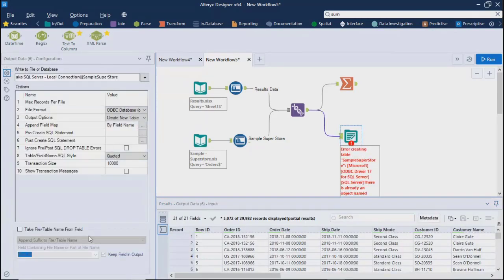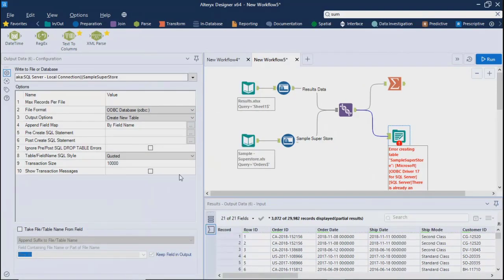Or if not, then what to do? So I'll just select it again. Now if you see here, file format is fine, ODBC database. Output options, it says create new table. So we can change this. If I run this, every time it will try to create a new table. But if the same name is already there, it will give me the error.